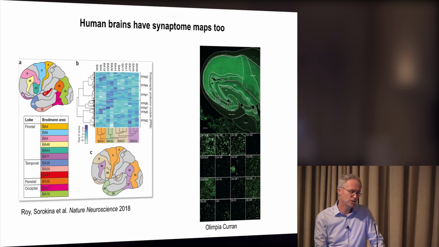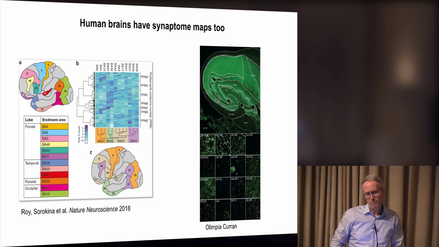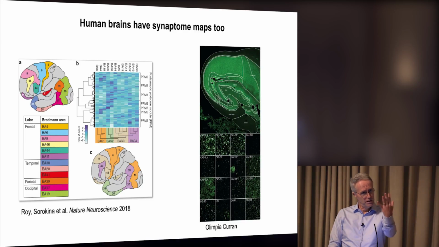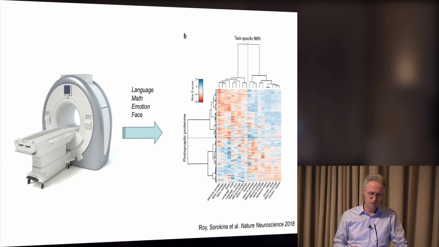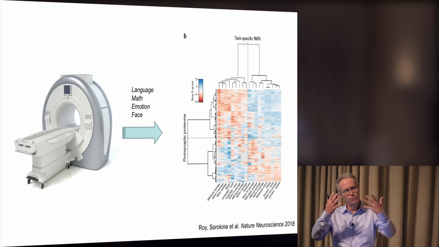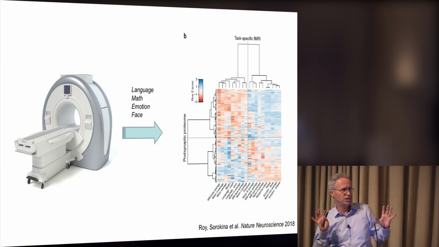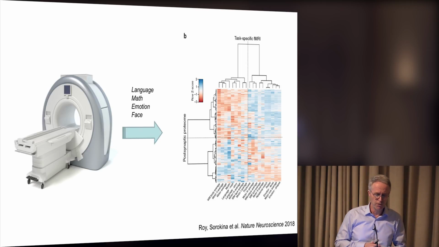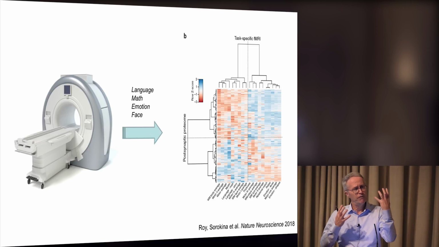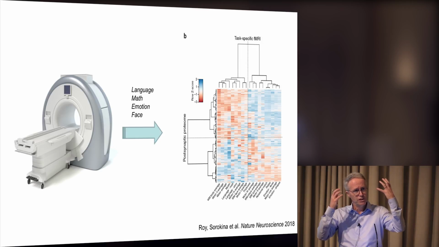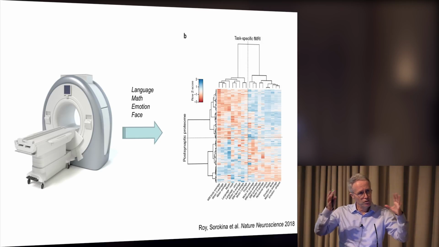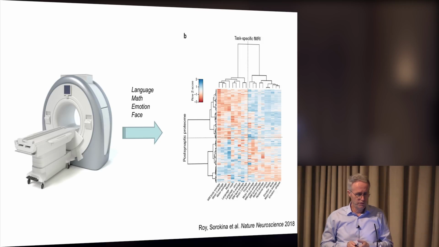Now, why might these maps be interesting with respect to human neocortical function? Well, I've just explained how the mouse, when it senses different experiences or different inputs, will use these maps in a differential fashion. And we, of course, are interested to ask the question, when one looks into brain imaging, functional magnetic resonance imaging, for example, does that in any way have a relationship between the synapse composition in those different parts of the brain and the responses that are seen in this sort of